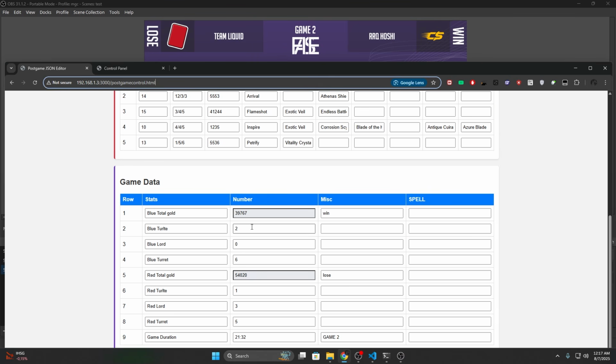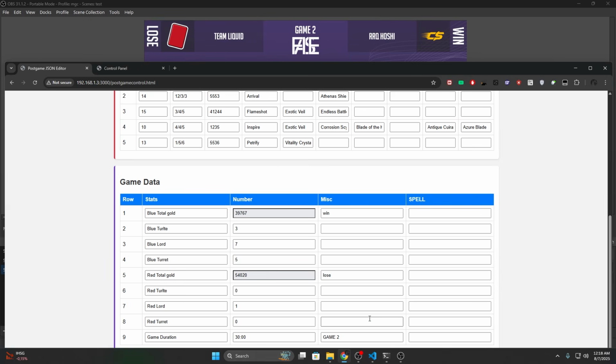Yes, and then for the blue turtle, maybe they get like 100, not 110, 3 turtle, sorry. And then for the lord, like 7 lord they get it. And then for the blue turret they get like 6 or 5, red turtle. And then for the red side turtle they got 1 0 basically, because 3 turtle only. Lord they get 1 maybe. And then for the turret they get 0 also, because Yuzong is so OP, and the game is 30 minutes,